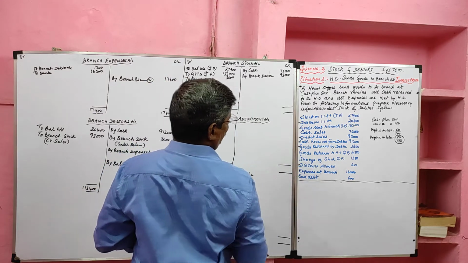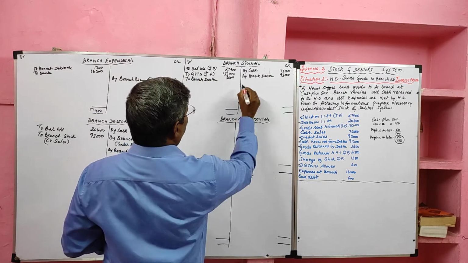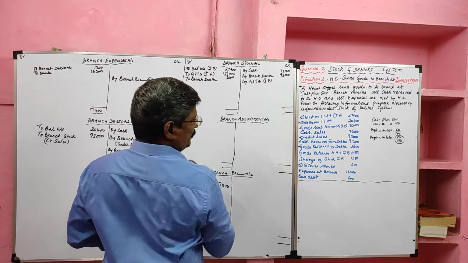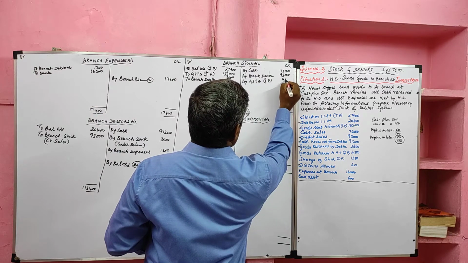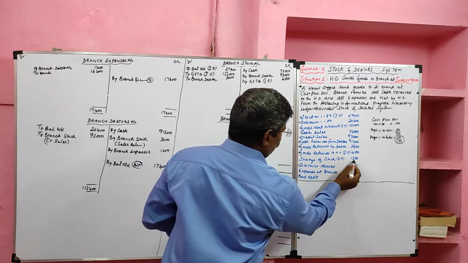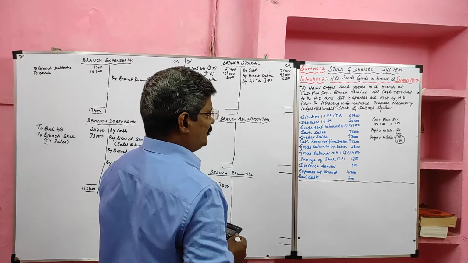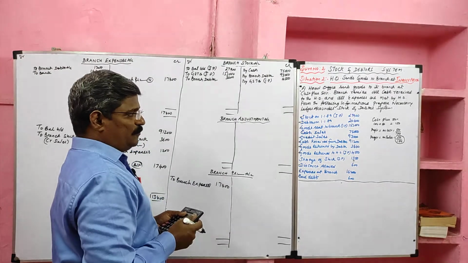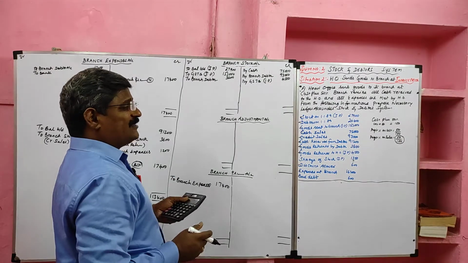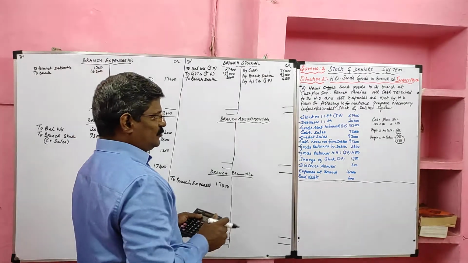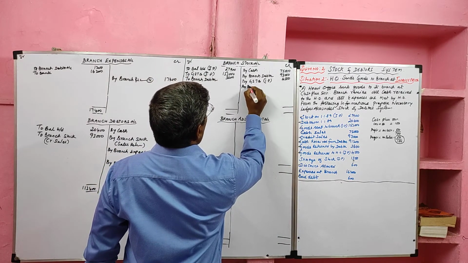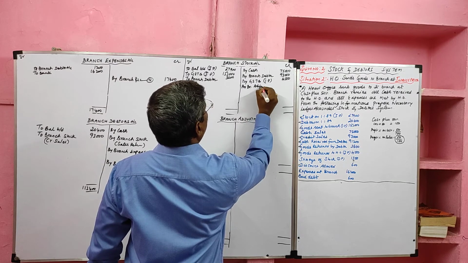Then goods returned to the head office will be recorded in the branch stock account on the credit side as by goods sent to branch. It is also given in the invoice price, value 4,500. Then shortage of stock 1,350. It is also given in invoice price. Here the total shortage should be divided into two parts. First, we should take the loading, which should be transferred to the branch adjustment account. The cost of shortage should be transferred to the branch profit and loss account. So we should divide the shortage into two parts. The first one should be transferred to the branch adjustment account.